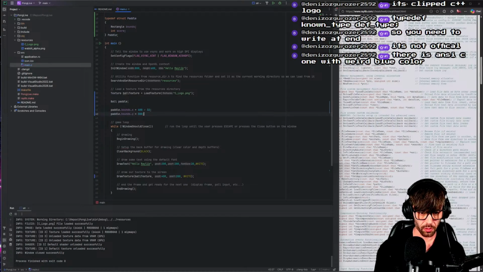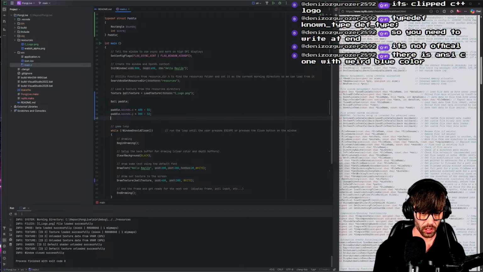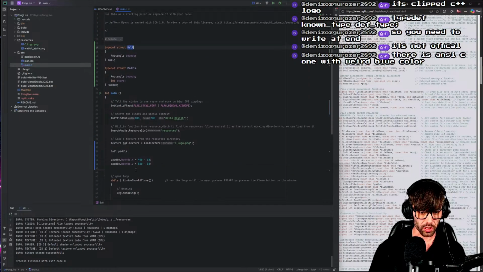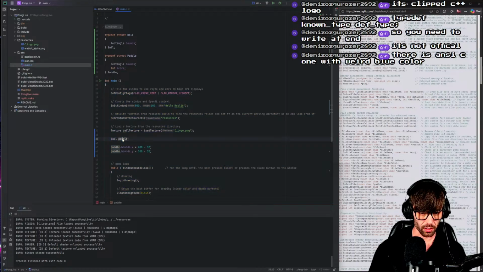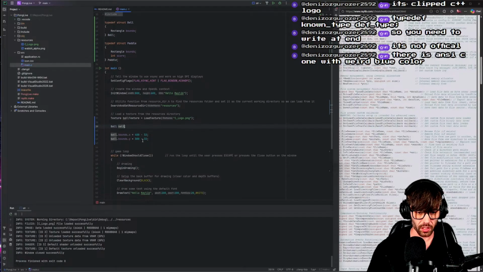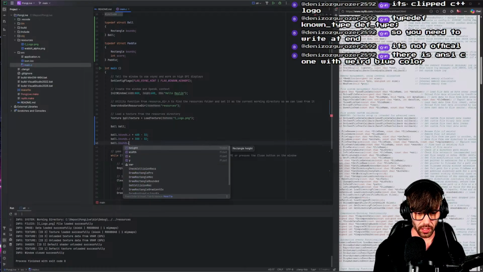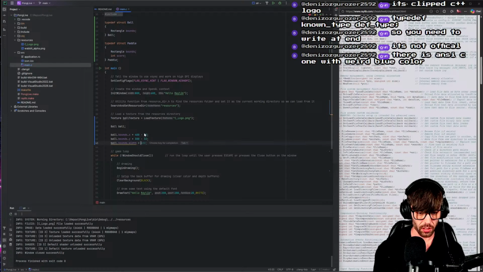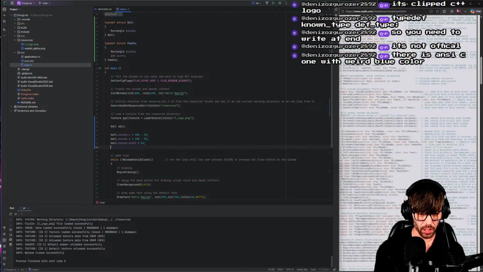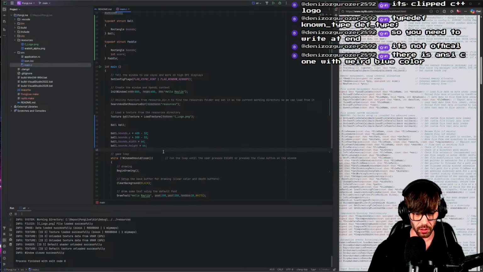Minus 32, because then, and yet again I am using, this is the ball, not the pedal. I'm still rotating it around. All right, width is 32, no, 64. Let's see how big this is going to be. This is probably going to be too big, but